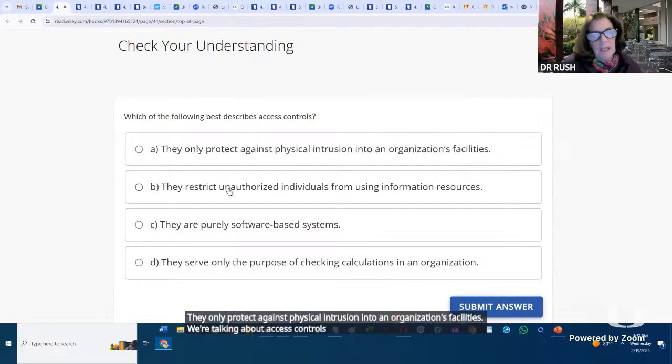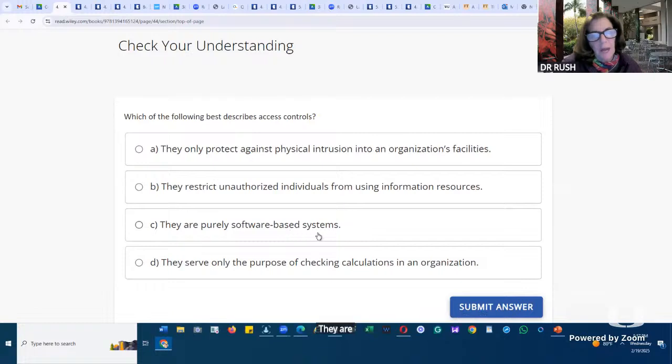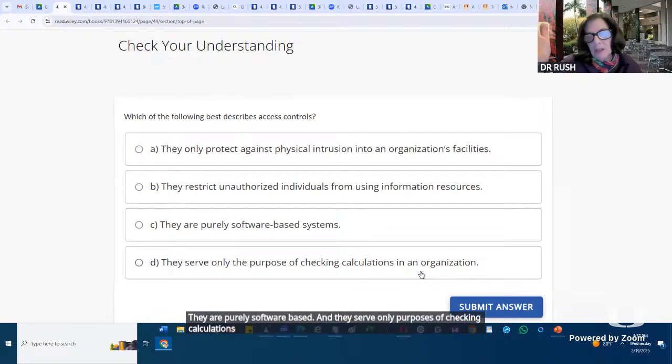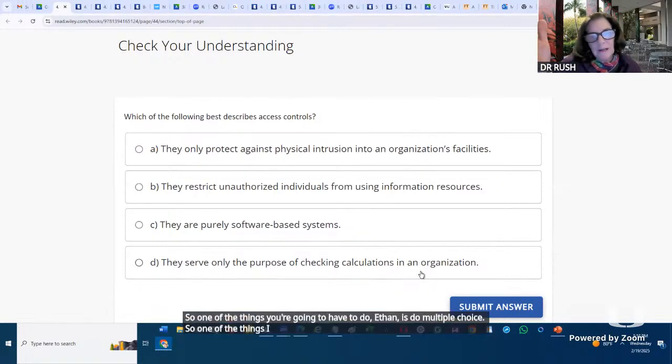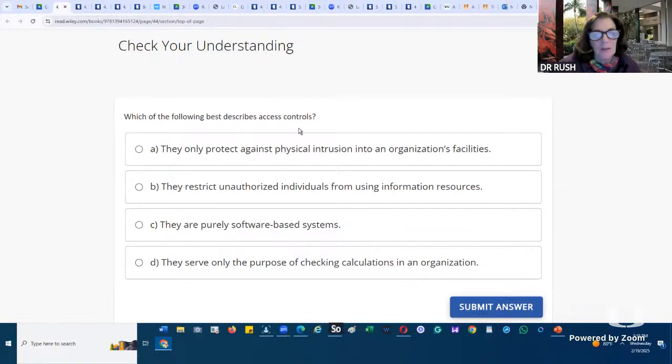Another says they restrict unauthorized individuals from using information resources. Another says they are purely software-based, and they serve only the purpose of checking calculations in an organization. So one of the things you're going to have to do, Ethan, is multiple choice. Sometimes it's confusing, so what I would always do is take out the ones that don't seem to make any sense whatsoever. So we're talking about access control.